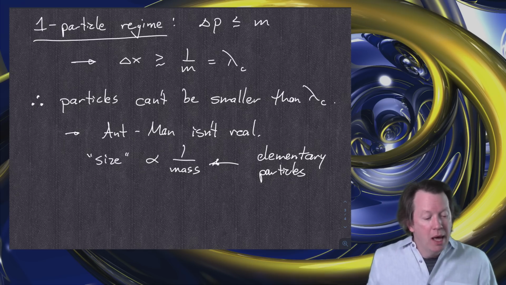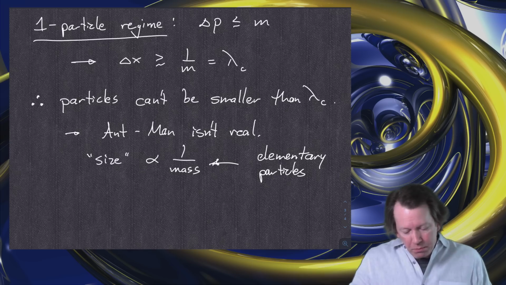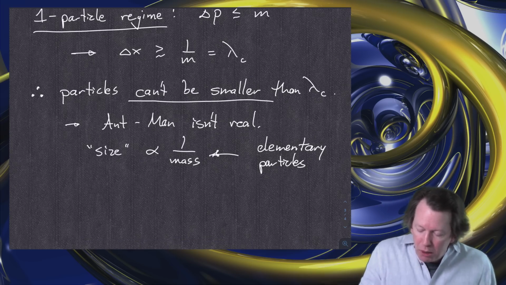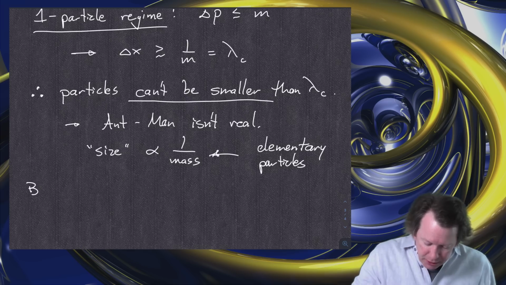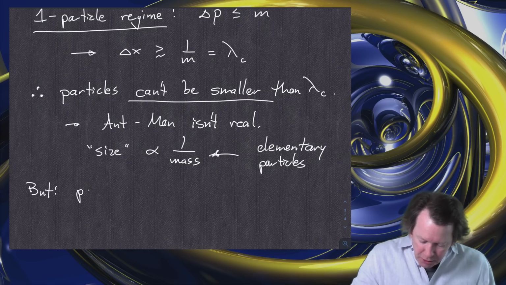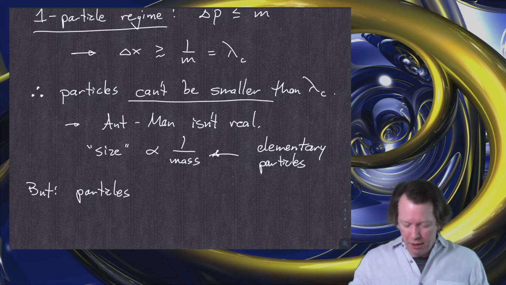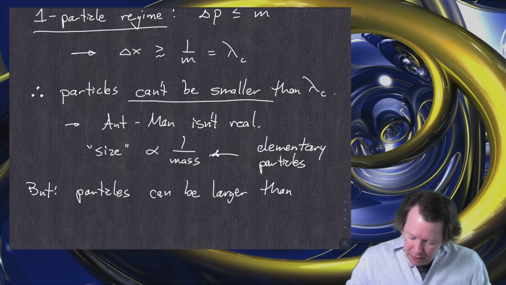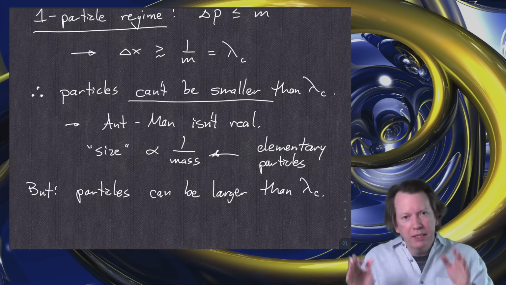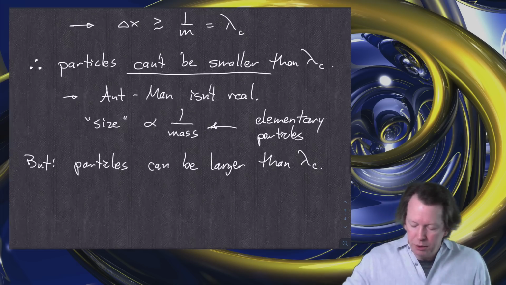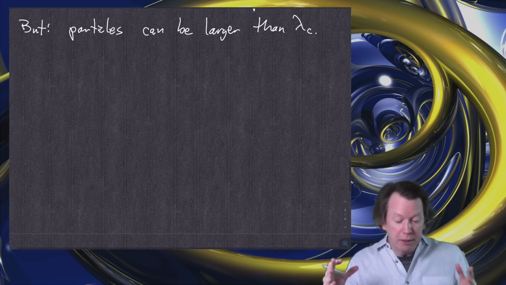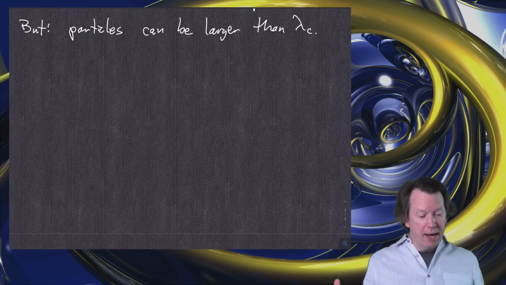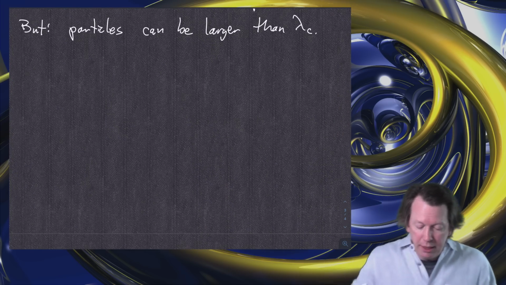the Compton wavelength? Remember, again, particles can't be smaller than the Compton wavelength, but let's emphasize, particles, by which we mean the wave function of a certain kind of particle, can be larger than the Compton wavelength. So the Compton wavelength is a minimum size for particleness to be a sensible concept, but they can be larger, and in fact they are. So let's see, for example,